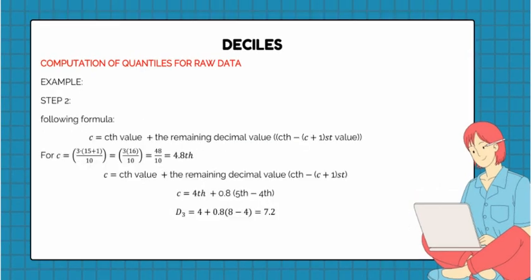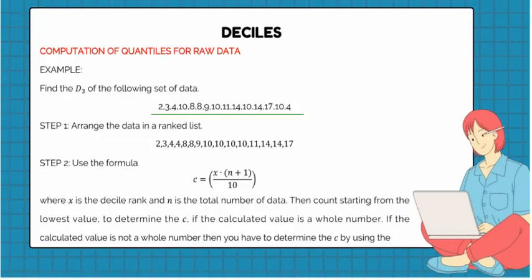So you have to use the formula: D is equal to the C-th value plus the remaining decimal value times (the next value minus the C-th value). So as you can see here on the example that I've provided,